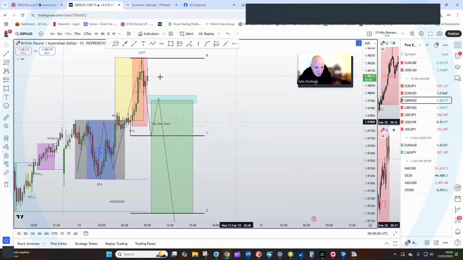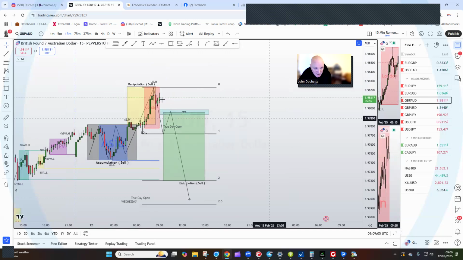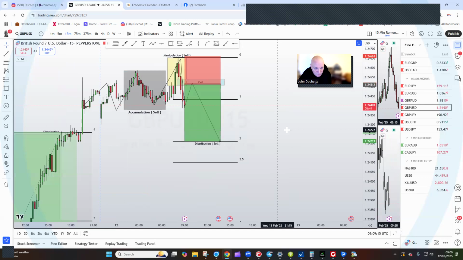GBP odd, price is moving away from us now. Okay, so this may not deliver what we want to do. That's fine. I'm just going to make this purple just so I can distinguish that it might not deliver. The GU,